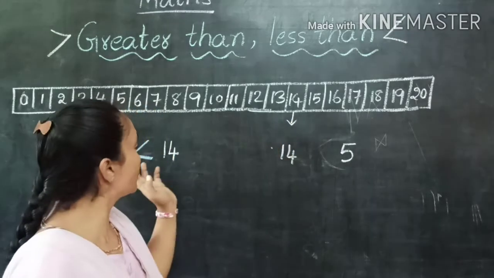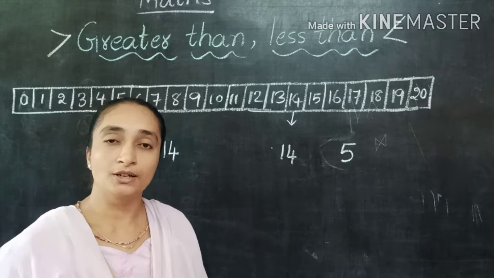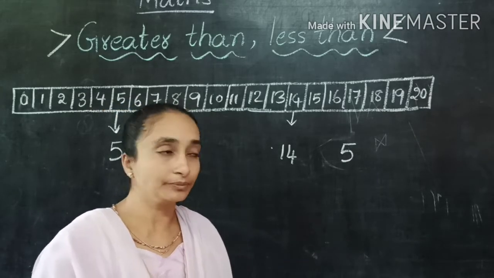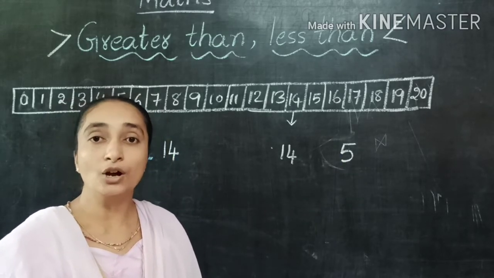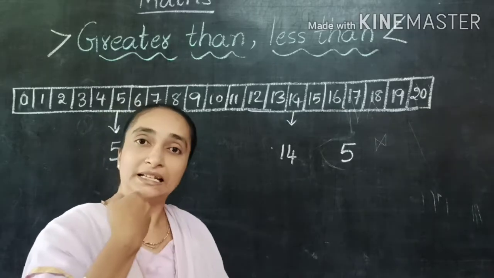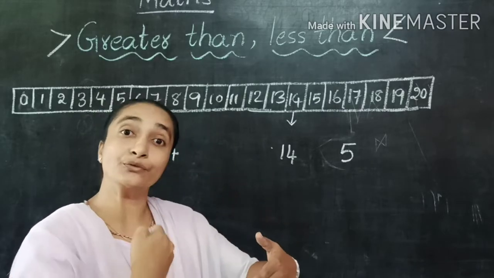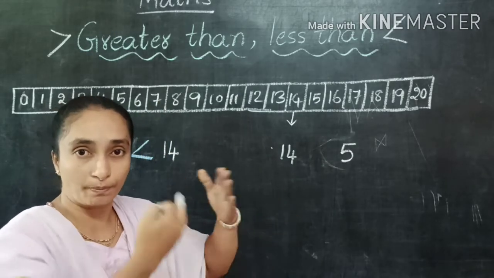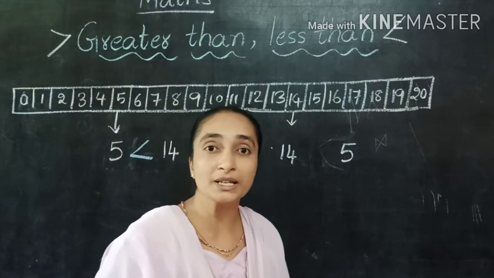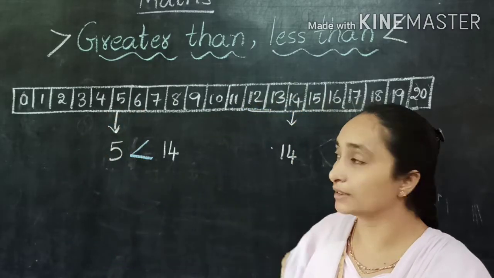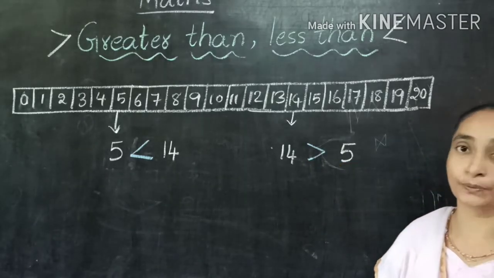And here we are taking the 14 as the first number, and the second number we are taking is this 5. Now if you compare these two numbers, we already know that 14 is the bigger one. So now here is the 14, big number, and the 5 is the small number. Now how can we say, 14 is less than 5 or greater than 5? Yes, 14 is greater than 5 because 14 is a bigger number. Greater than means the right side open. So here we can write the symbol right side open. 14 is greater than 5.